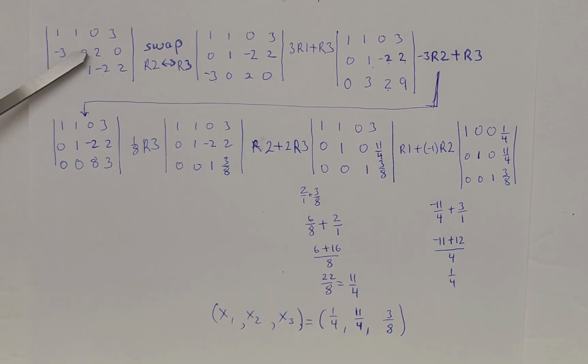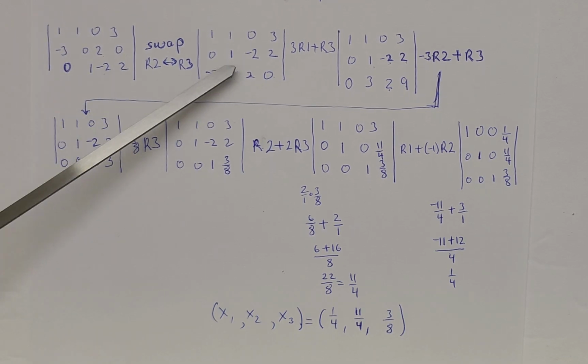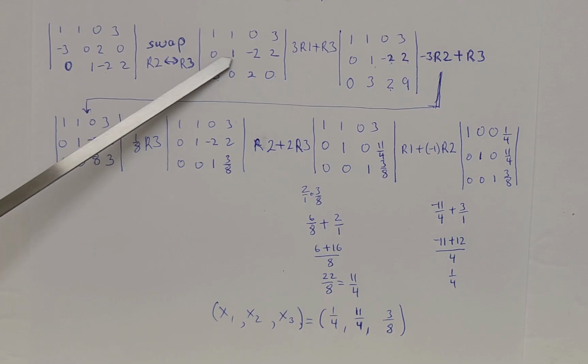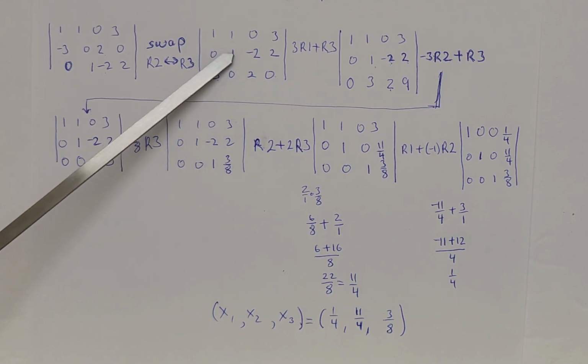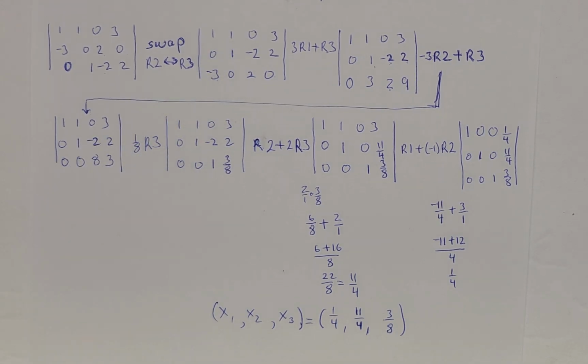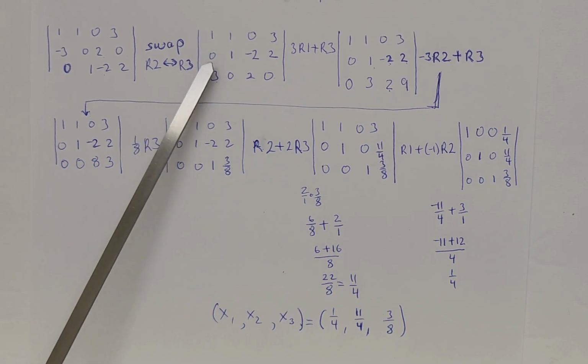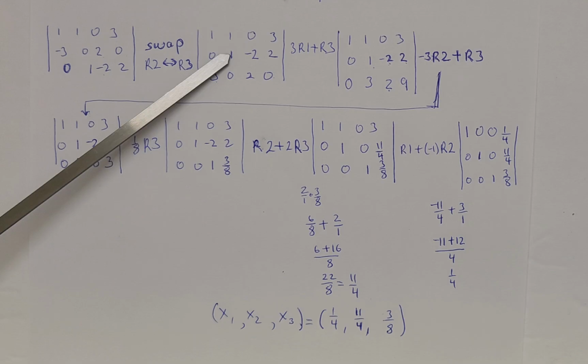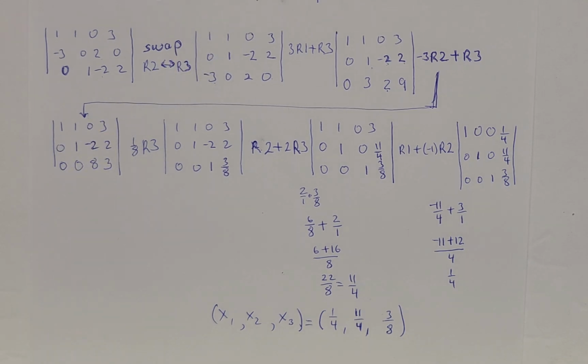Now, the reason why I'm switching row 2 and 3, as you can see, there's a 1 right here, so I don't have to worry about this number right here. Since there's something right here already, I don't have to worry about it, okay? And plus, I want this to be a 0, so I don't have to worry about that as well too. So that is the reason why I'm switching 2 and 3, so that I can get a 0 here, and whatever this is, I don't have to worry about it, okay? Next,